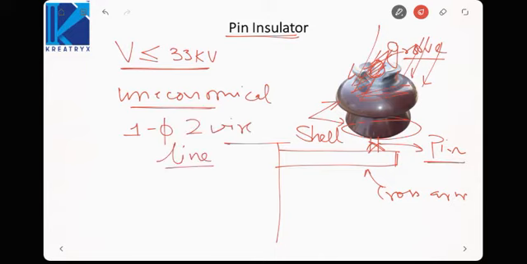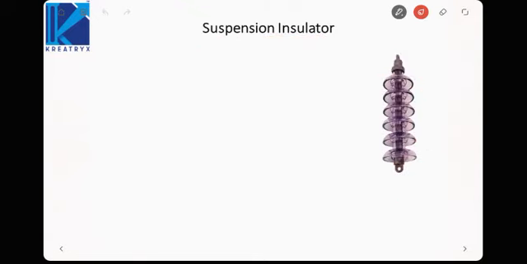Okay. In your surroundings, if you observe, most of the insulators are this type only. Now what to do in case we want to use it at a higher voltage? Then we go for suspension type of insulator. This insulator will be suspended at the horizontal cross arm of the tower, and here we will pass the transmission